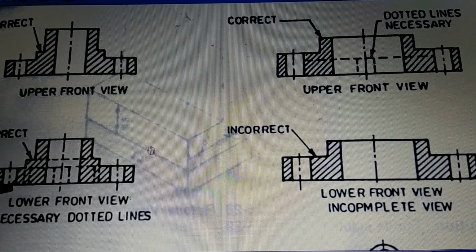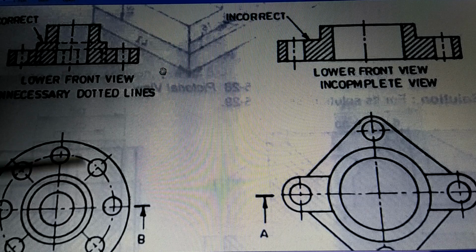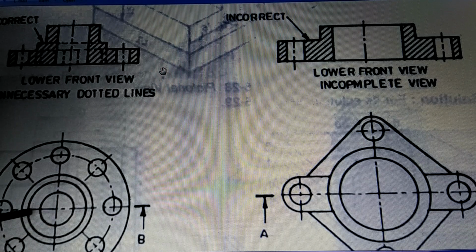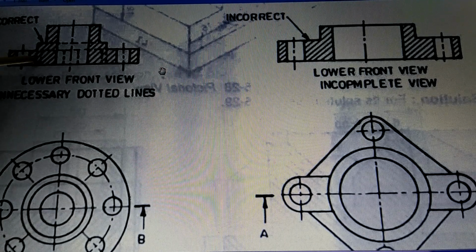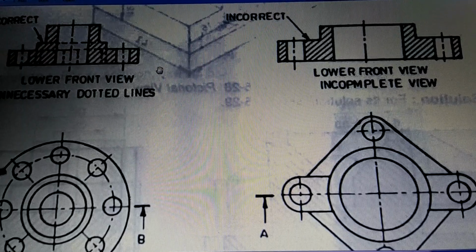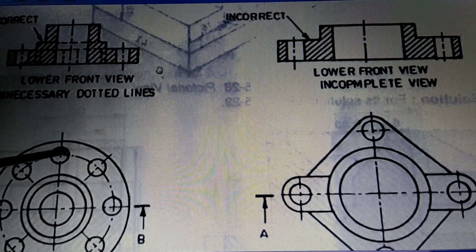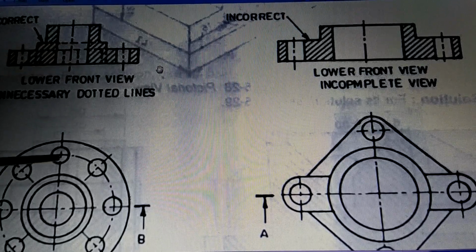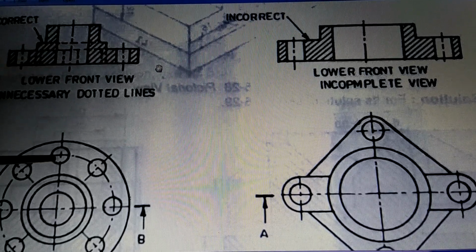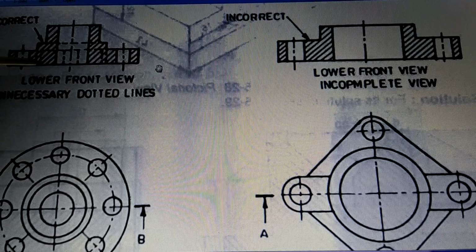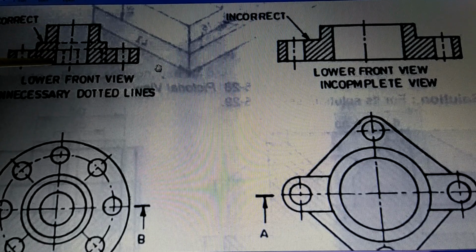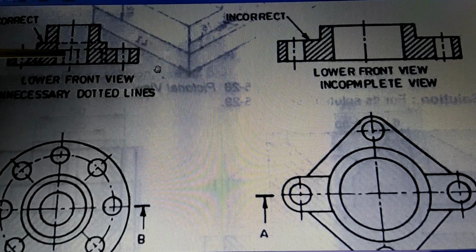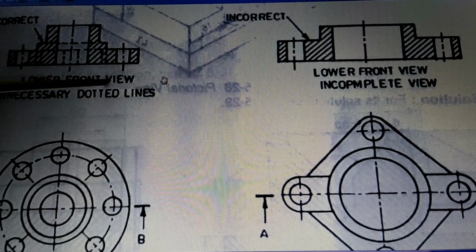So what is incorrect here is, as you see here, if you take a section from here, then you will show the section lines all right, but you will also feel like showing these holes which are behind by dotted lines. Okay, you might show these holes by dotted lines because they are still there as such. So technically it is correct to show these dotted lines, but the rule says that these dotted lines you are not supposed to draw in the sectional view.